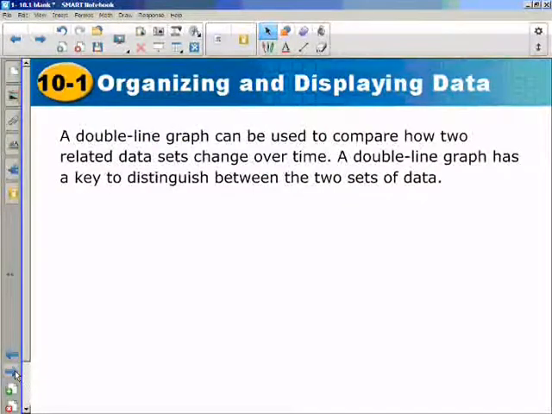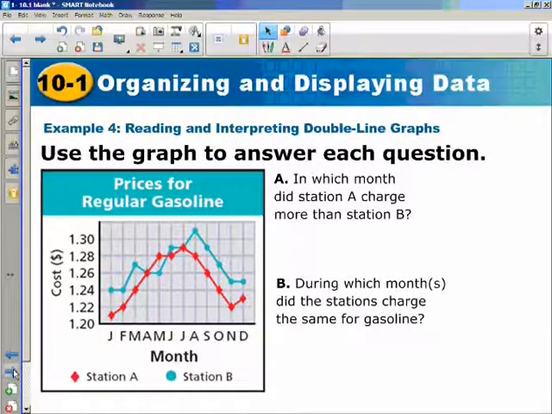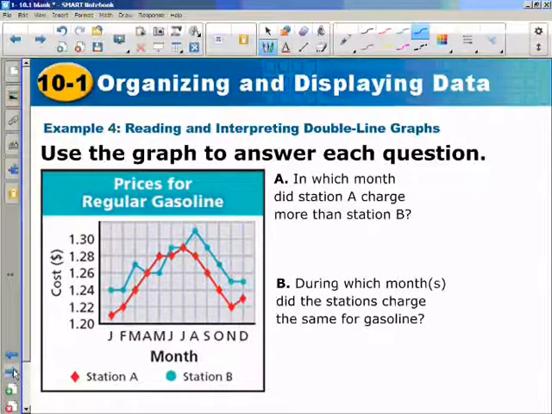A double line graph can be used to compare how 2 related data sets change over time. A double line graph has a key to distinguish between the 2 sets. This is similar to that double bar graph. In which month did Station A charge more than Station B? We look and see that the red is Station A and then the blue is Station B. So Station A had charged more